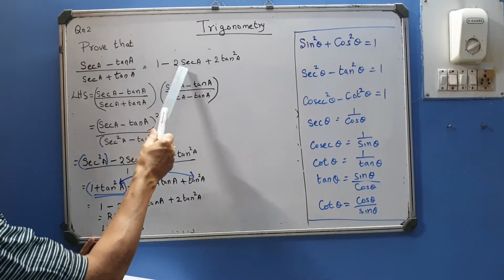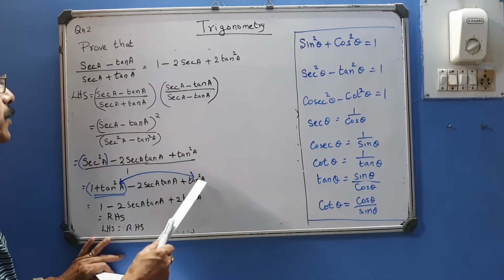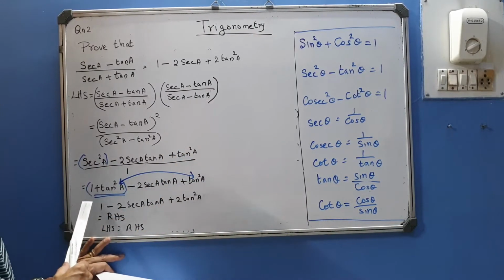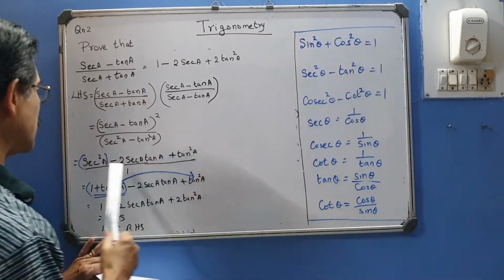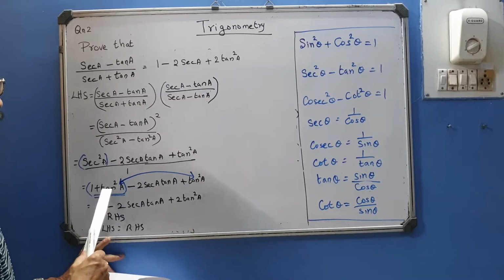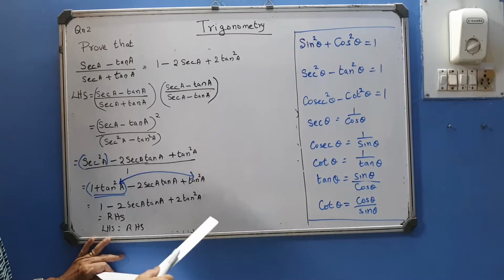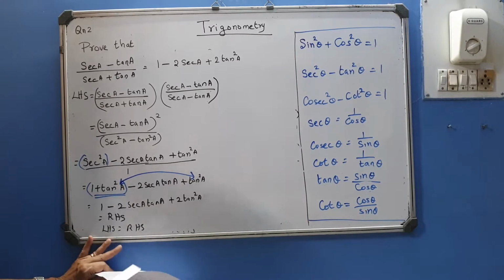Now look at the answer. We almost got the answer. The middle term we got. The last term was a part of it, we got it. This is the term which is unwanted there. So we have to change. So secant squared a is taken to the other side, 1 plus tan squared a. That is replaced by that. Then tan squared a and tan squared a are added. So you get 1 minus 2 secant tan a plus tan squared a, which is the right hand side. So left side is equal to right hand side.